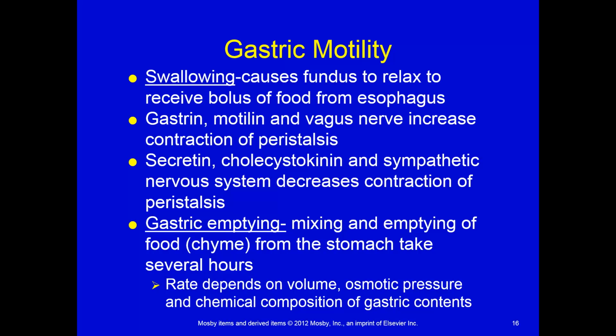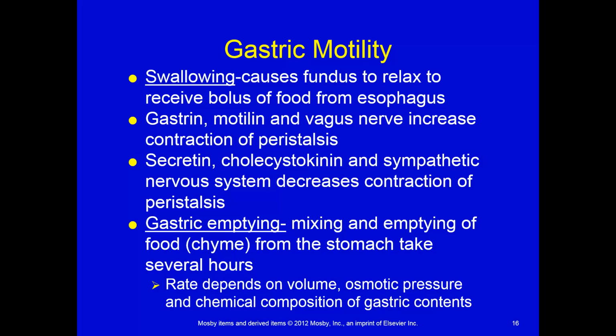I don't know if any of you have done that. I definitely have, especially when I'm out of shape and I'm out trying to run 5 miles as if I can do this. And you're like, oh my God, I'm going to throw up. I honestly think that has to do with the decrease in motility going on in your GI system, because your sympathetic nervous system is shunting blood away from your GI system. It's decreasing the contraction of peristalsis and moving it to other places that are more important. So that's oftentimes why you feel that feeling with heavy exertion, because the GI system is just not important during more sympathetic, fight or flight kind of